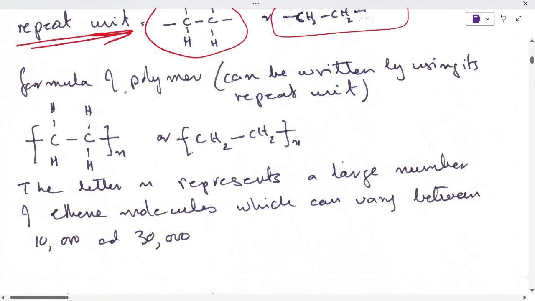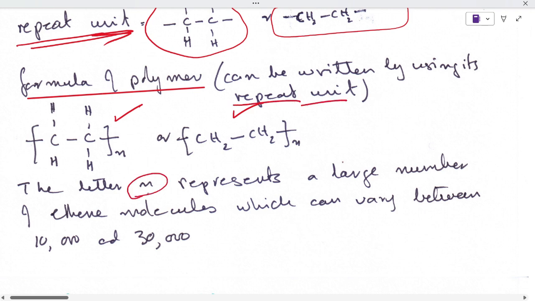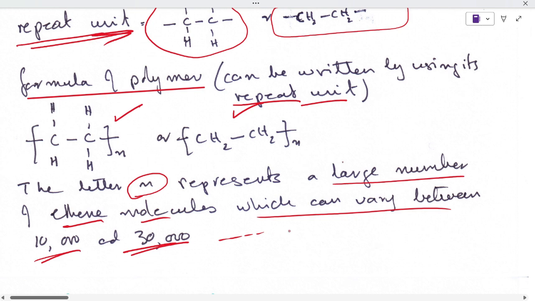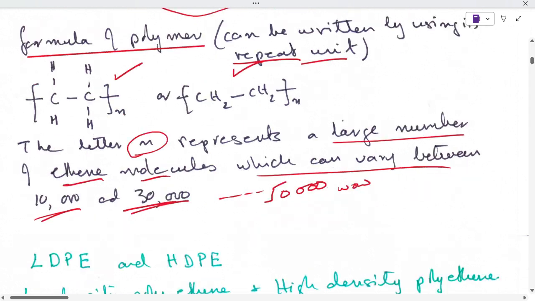Now this can also be asked: write down the formula of the repeat unit. So this is the formula of the repeat unit. The letter n represents a large number of ethene molecules, which can vary between 10,000 and 30,000. Sometimes it can go to 50,000 also. Now there are two types of polyethene,